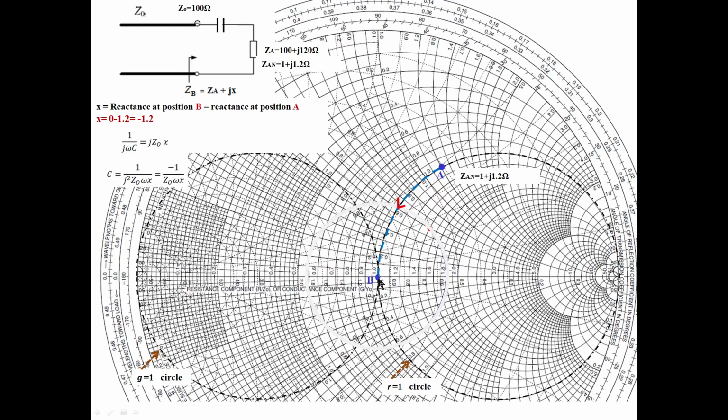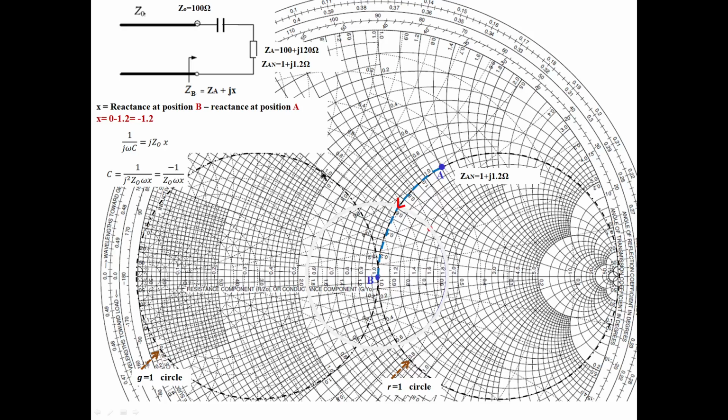So to reach this impedance match means you should reach this position. You should be on the R is equal to one circle. This is the R is equal to one circle. If you are on the R is equal to one circle, you can reach the center of the Smith chart. Either you may be here, you can reach like this. You can move like this over this and reach this position.